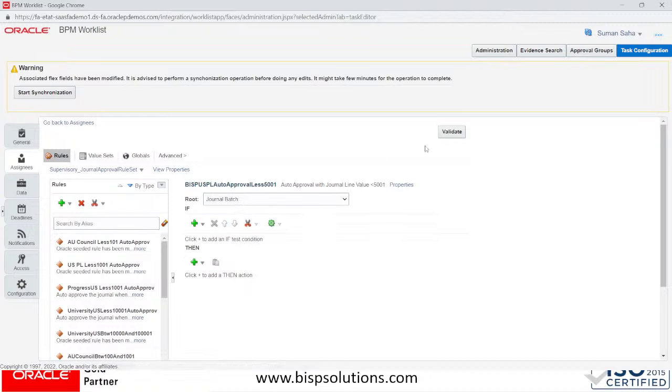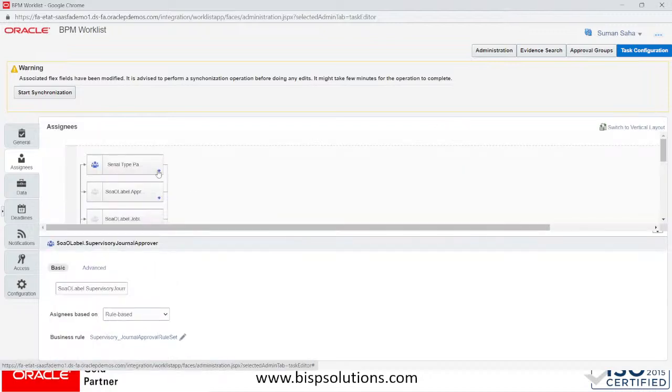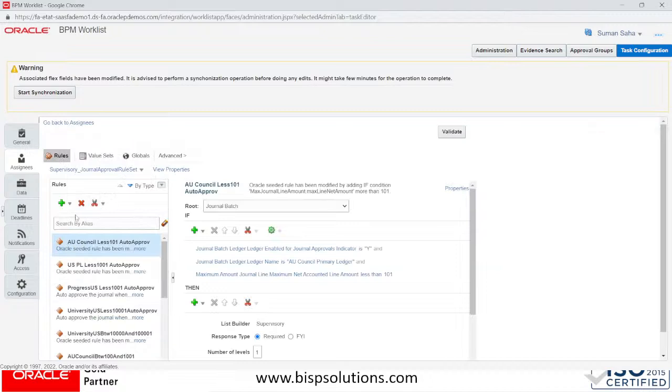Let us again go to assignee, go to the rules, and create the